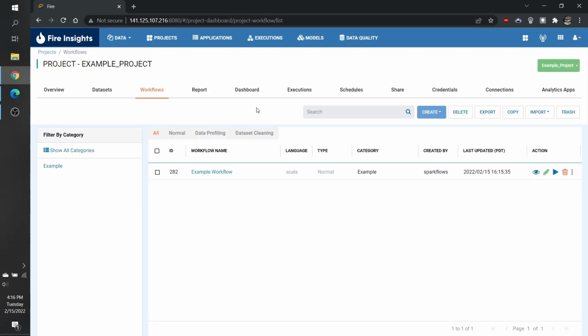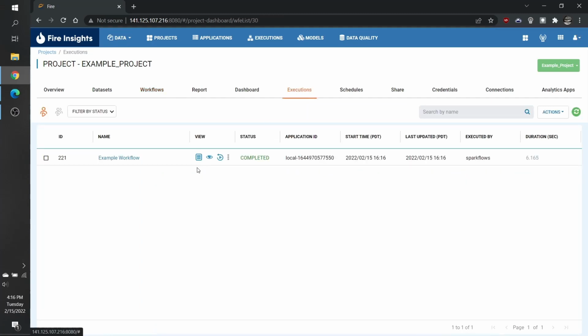Here in the project, we can also go to the Executions tab and see all of the executions that have been completed. Or if they are still being completed, the status will show it here. Workflows will execute whether you are on the page or not. We can also view the logs or view the workflow details using the buttons here